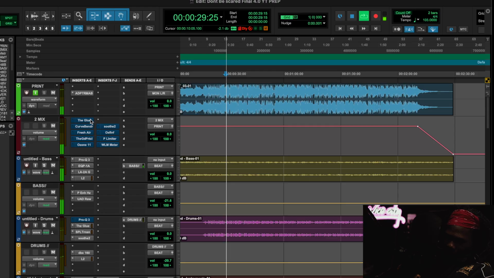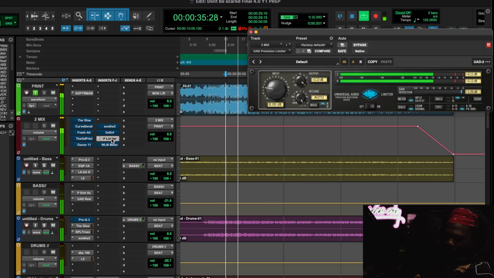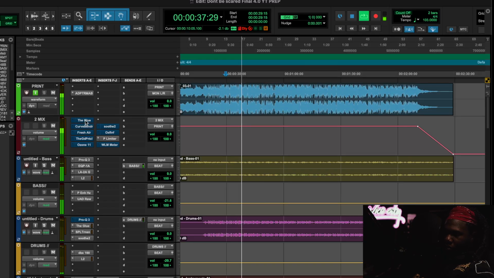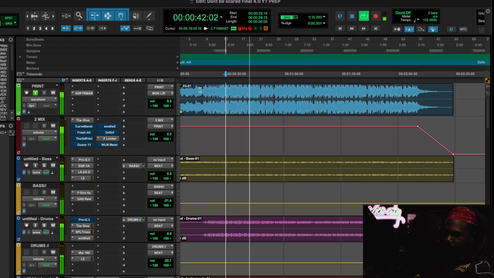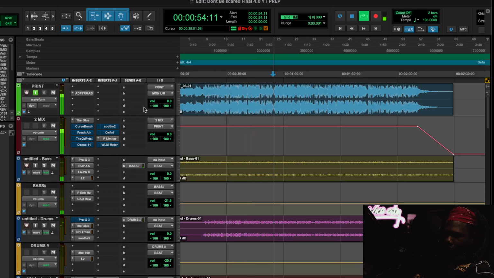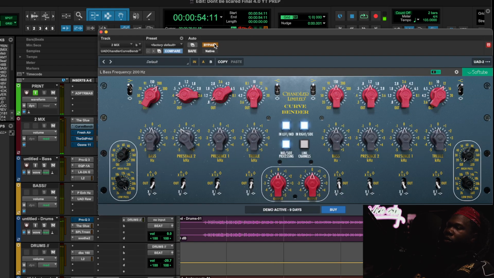All right. True love will find its way. Maybe not today, but no day, yeah, one day. Baby, don't be scared. True love will find its way. Maybe not today, but no. Carry on your love. All right, so the next plugin that I got right here is the Curve Bender, and